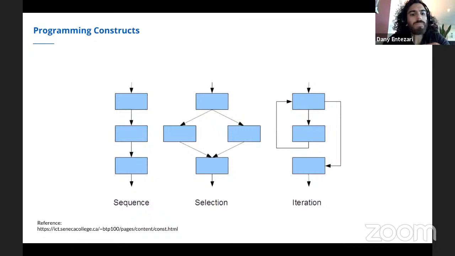Again, here programming constructs fall into three categories. There are programming constructs that allow you to write algorithms that are sequential. They go do step one, do step two, do step three, very simple. There are programming constructs that allow you to be selective. Okay, so for example, when you come across this condition, then do these steps, and if you come across that condition, do the other steps. Okay, so if you want to write an algorithm that does things depending on the situation, then there are also programming constructs for that.